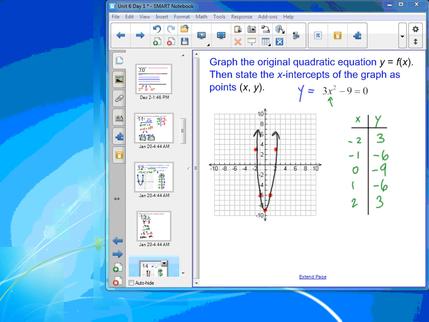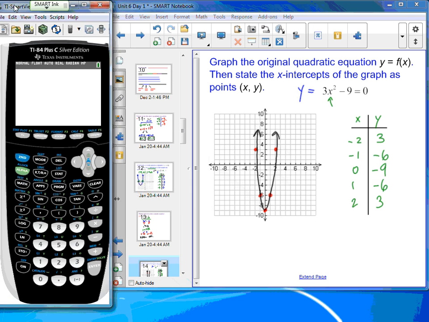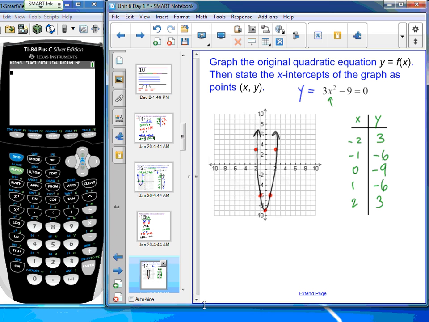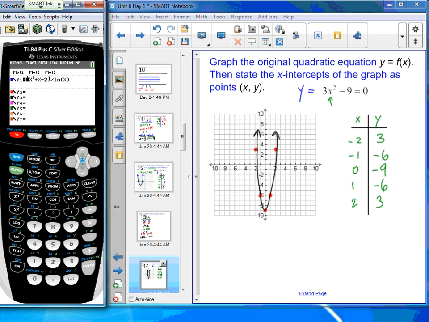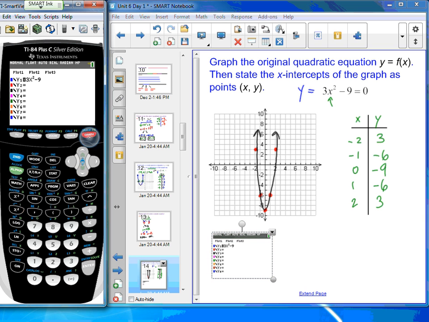I'm not sure what that is. So I'm going to see if we can use the graphing calculator to get a decimal approximation for where that crosses. You don't need to check one out right now. If you don't have yours with you, that's okay. I just want to see where this crosses. So I'm going to put in 3x squared minus 9. If I zoom 6, I get the standard viewing window like your graph on your note sheet, -10 to 10 and -10 to 10. If I wanted to see where that crosses, I could use the calculator to get that decimal approximation by doing second